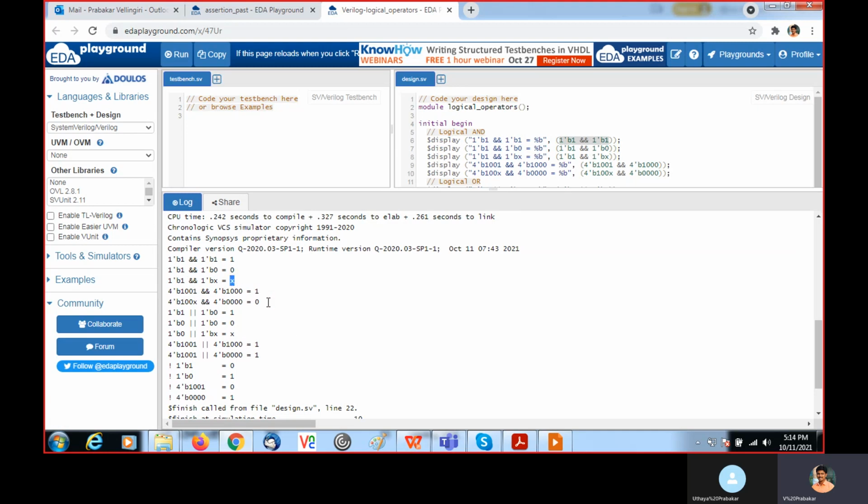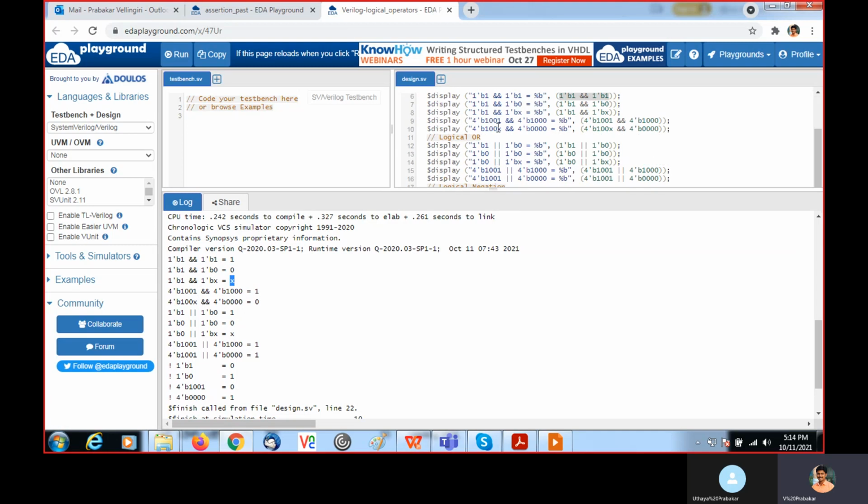Then here in this display, we are putting multiple bits. So binary 1010 we are ANDing with 4'b1000. This will be considered as logic 1, and this also is considered as logic 1.